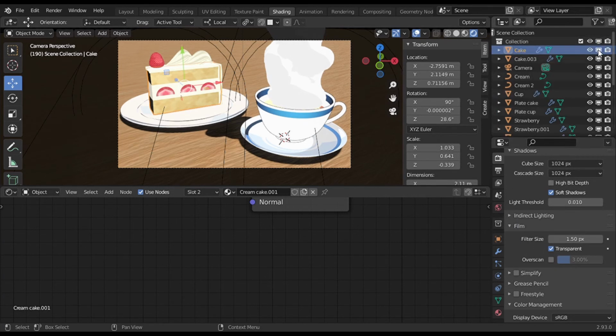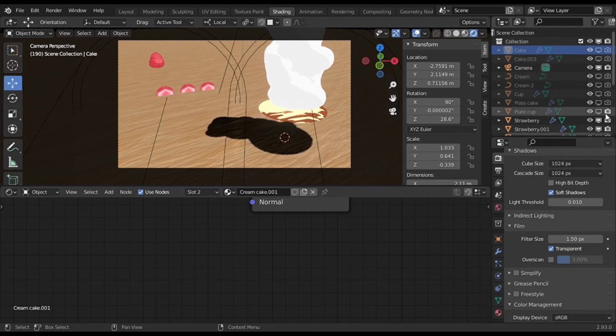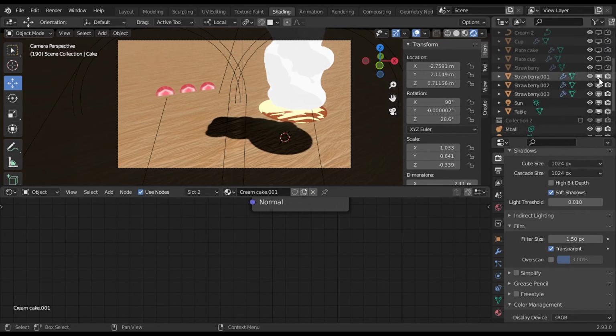As you can see, I hid everything except for the lights and the steam, but this was the long way of doing it. I'm gonna show you how to hide everything easier in a minute.